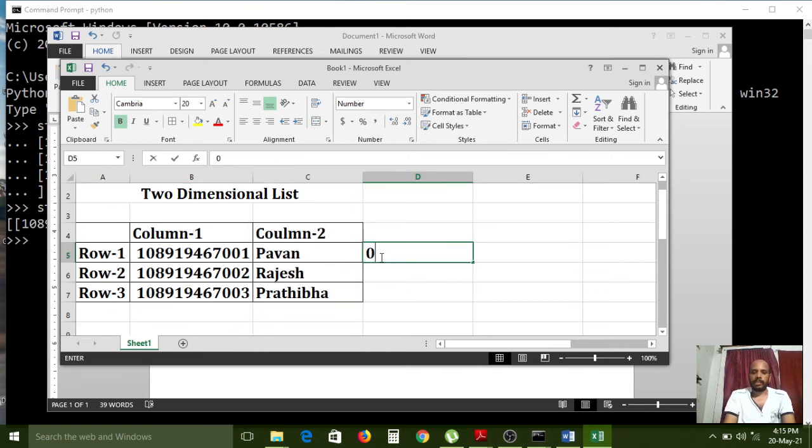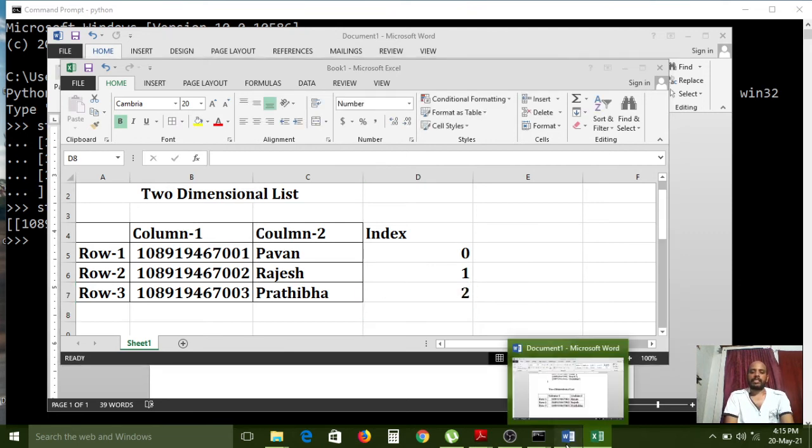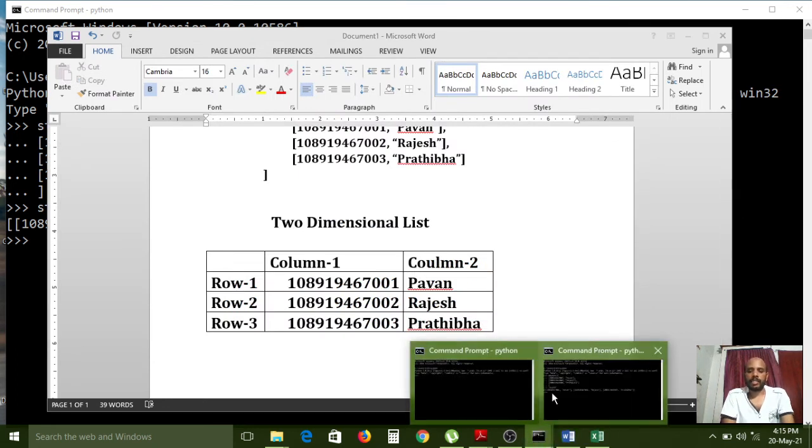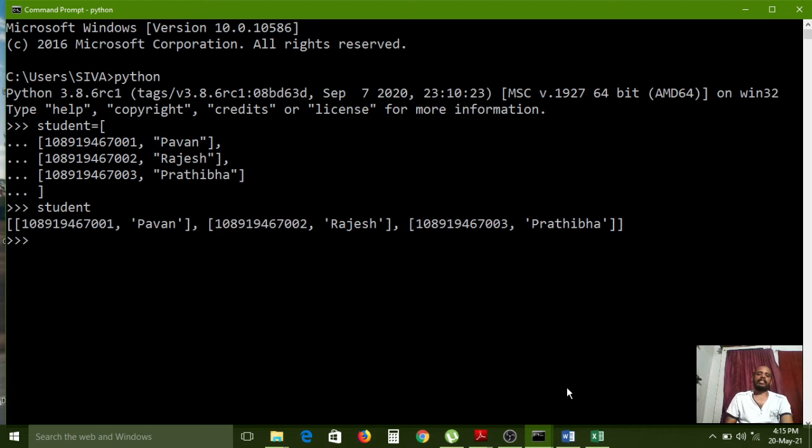This is the 0th index. Internally it maintains the index also. It is the 0th index, the first index, the second index. If you want to access the second index, nothing but the last record, for that print, open bracket and closing bracket, and in between these two brackets, student and square bracket, inside it number 2 I have passed.